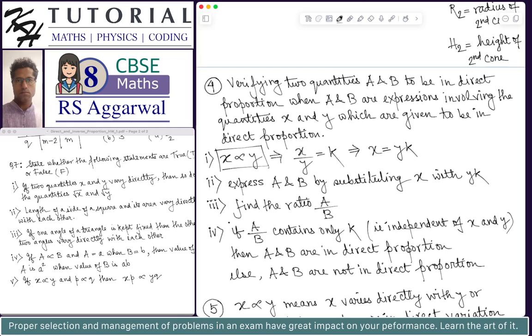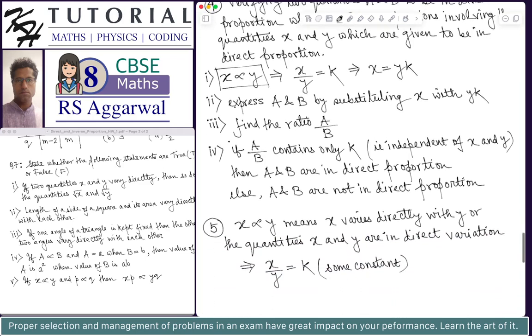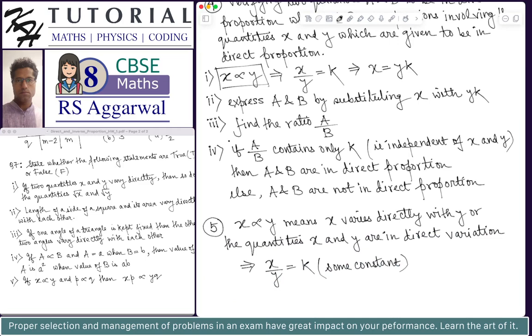After doing the substitution and simplification, we will find the ratio A by B. If the ratio A by B is an expression containing only a constant number and k, it could be k square, k cube, or whatever, an expression involving only k, which also means that the expression A by B will not have the quantities Y, then only we say that the ratio A by B is a constant. That is, it is independent of